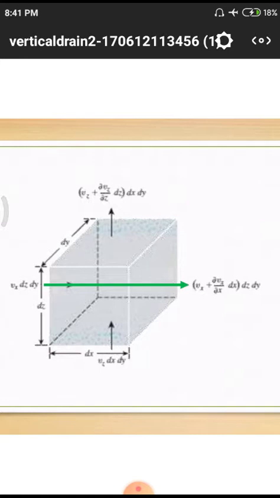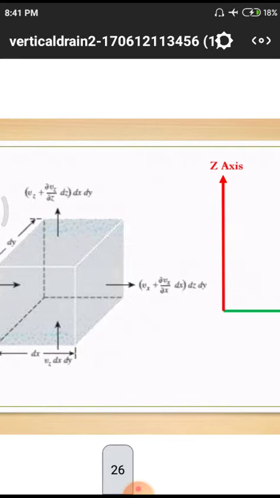The surrounding water means the total water which is in the surrounding particles of a sand drain. That water will have to collect in the form of these z directions, these x directions. After the collection is over, the total green water can be converted into red color. Those will be moving in the upward direction.